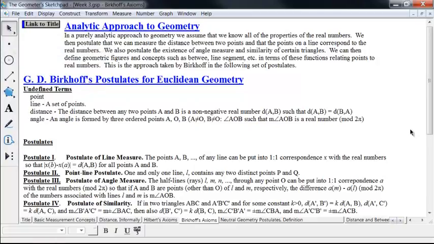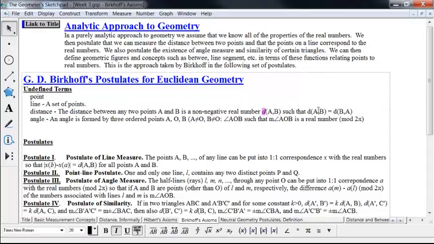And what we will do then is use those properties to help us know a lot of things about geometry. So basically we're going to assume that there's a distance function that's going to be able to measure the distance between 2 points. An actual underlying assumption here is the distance between any 2 points A, B is a non-negative real number,